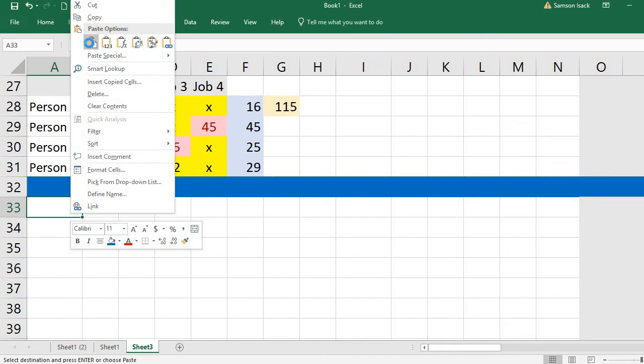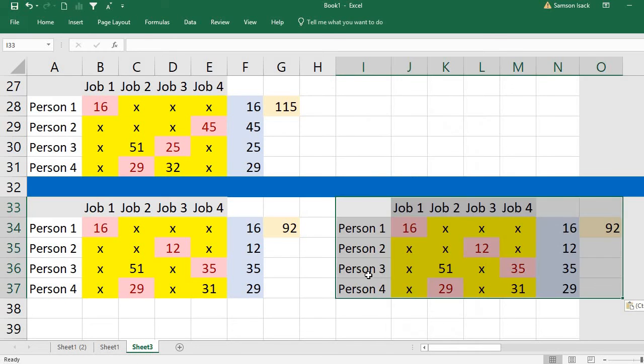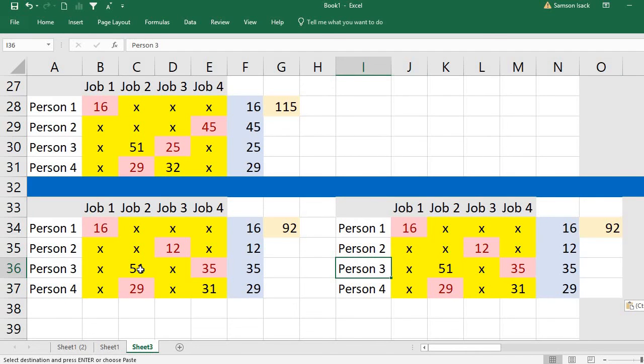Okay, so I finish it for person 1 and person 2. Now for the person 3. Okay, so person 3 has 2 choices, so we need to paste it twice. Okay, so now fix 51. Person 3 is assigned to job 2. So what I am going to do,